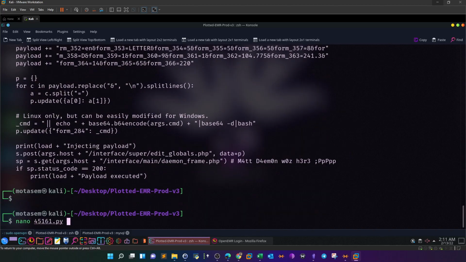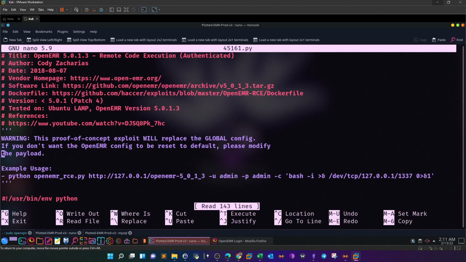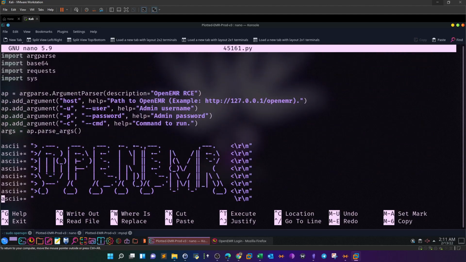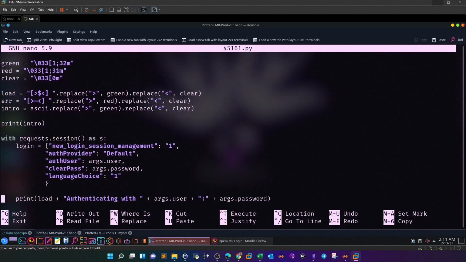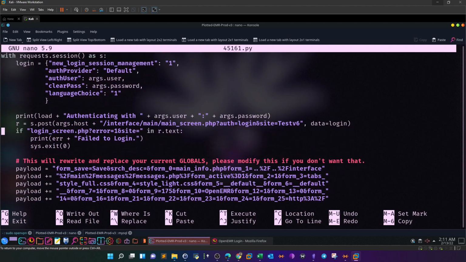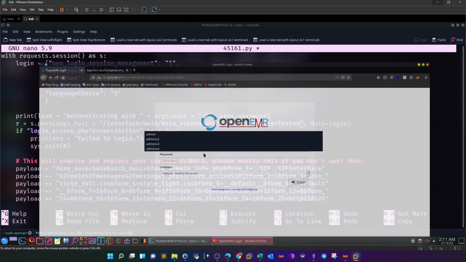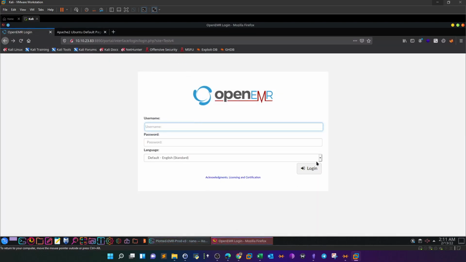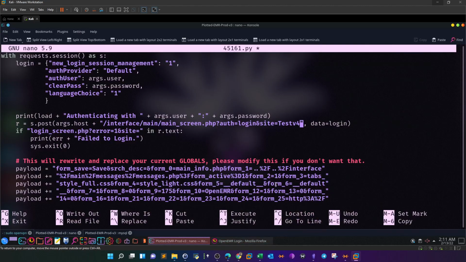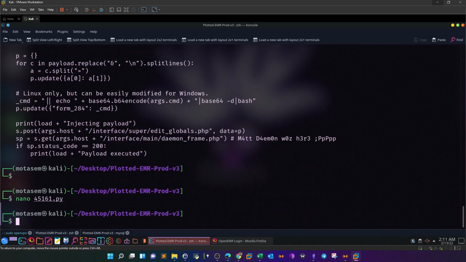So go to the line. Alright, here it defines the site. So we can change it to test v4. And let's make sure it's uppercase. Yeah, it is uppercase. And that's all what you have to do. So now Python